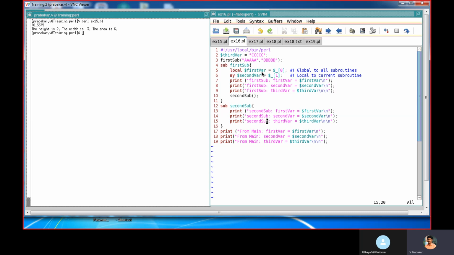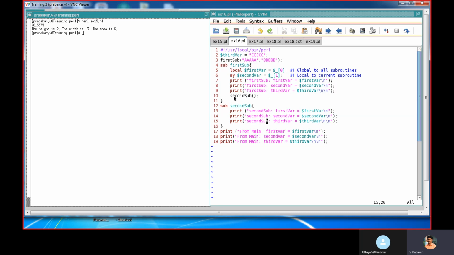Inside the first subroutine, we are assigning this $_A to first var, and this B is assigned to second var, and we are printing the first var value and second var value. Third var is nothing but the global variable I declared in the main program, and I assigned the value CCC.